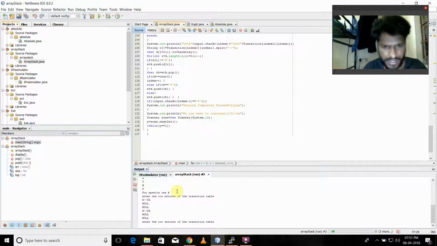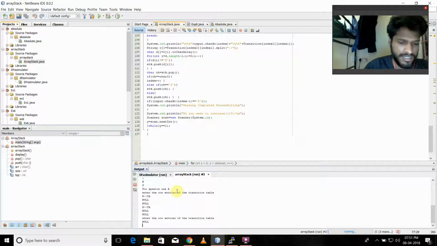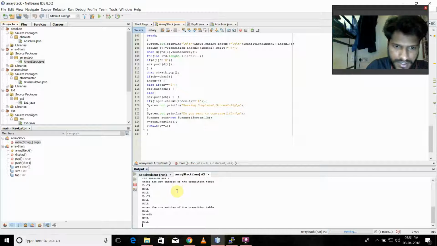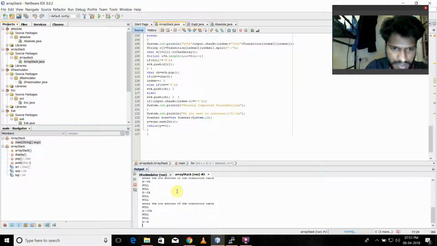Now enter the row entries of the transition table. The row entry of the transition table will be, first one is null, and a tends to plus ta, and next both will be null and null, and a tends to another terminal symbol, and again a tends to